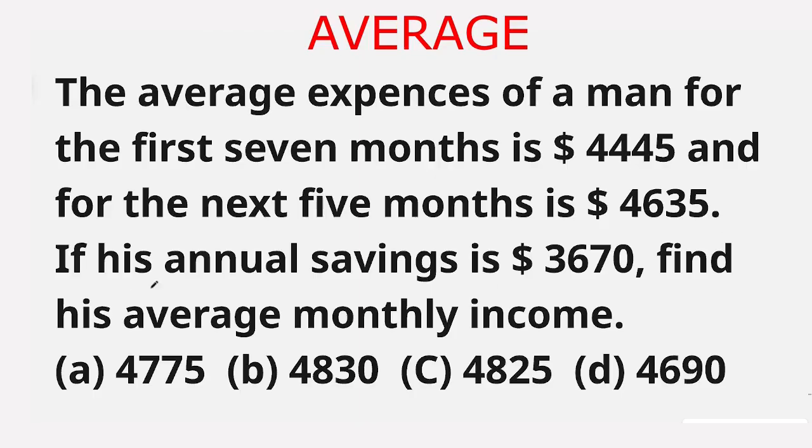If his annual savings is $3,670, find his average monthly income. The given options are option A 4,775, option B 4,830, option C 4,825, option D